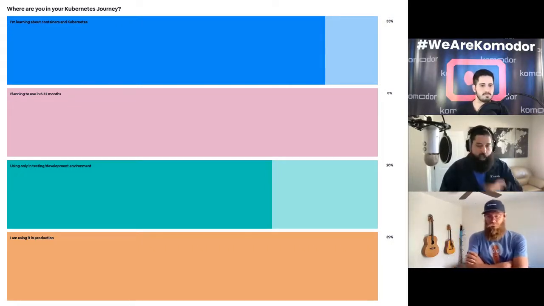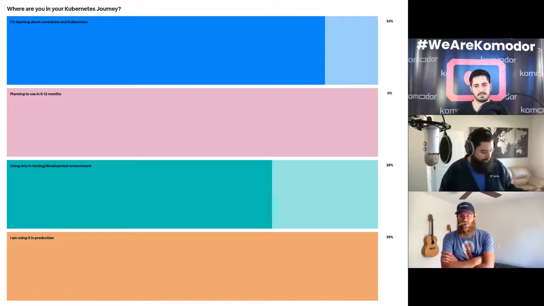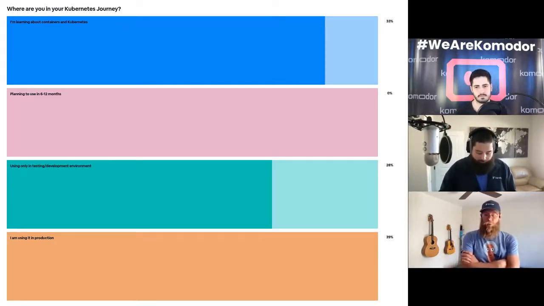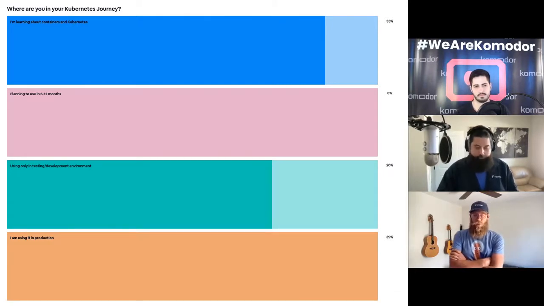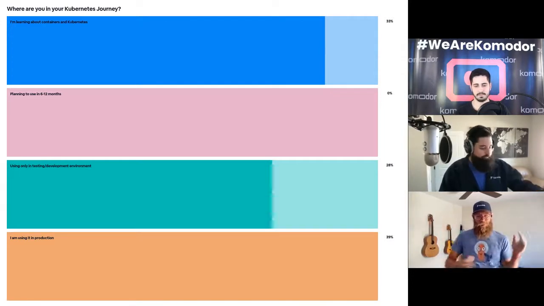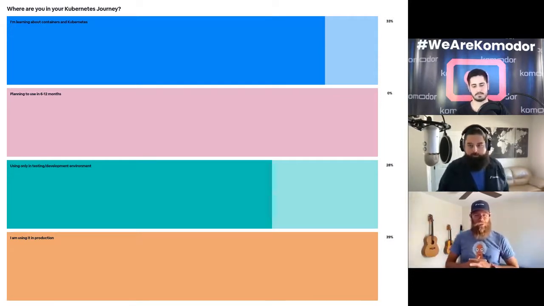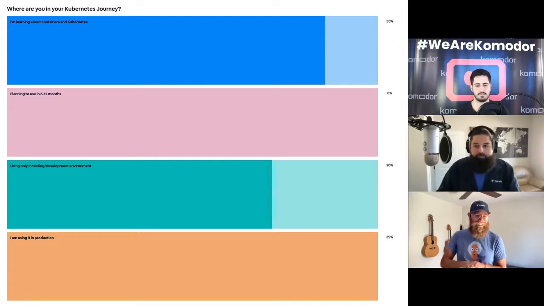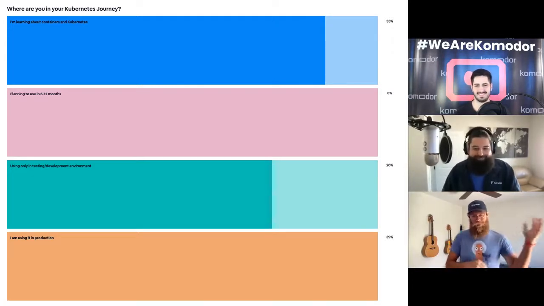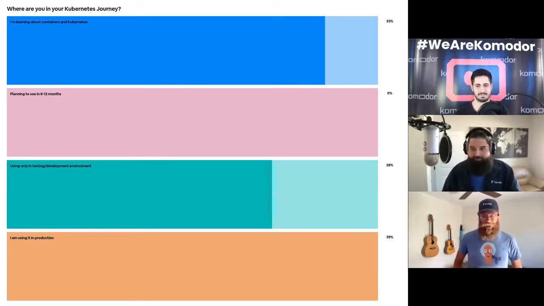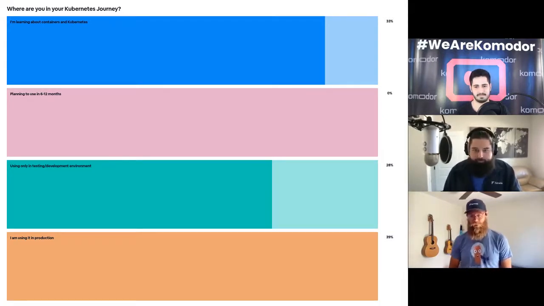This is the divide we tend to see: a lot of you are just getting started with Kubernetes, just learning about it, and then a lot of you are using it in production, and there's a lot less in the middle increasingly, because we're seeing this dichotomy. People dive in and get to production very quickly, even if they're not confident. Or they just stay in that phase of, well, maybe we should do this, and don't dive in with both feet. So this is a pretty common split. Give it about 10 more seconds. We'll wrap up the poll.